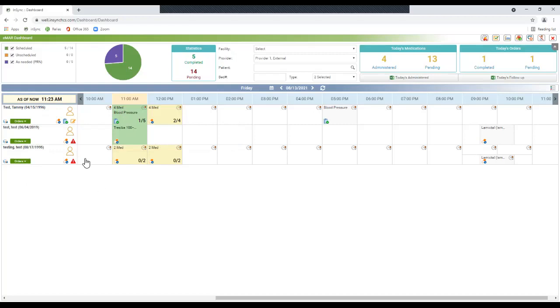Okay, and then if you come down here, this box has a red triangle with an exclamation point. So you can see this one doesn't. What this indicates is missed medications and orders. This will come up to flag you if any medications have been missed for the day or not documented for the day. So maybe you give a medication and you forget to document it in the eMAR. Maybe a client refuses to take their medication and you forget to put it in there,